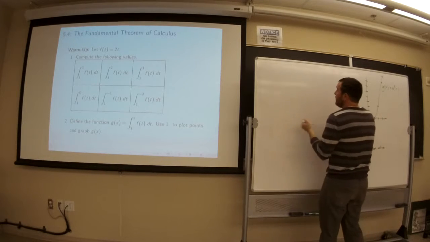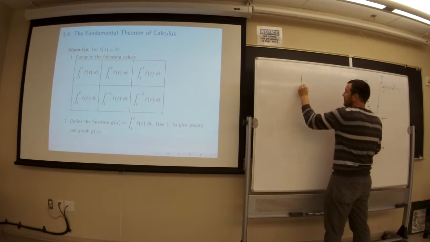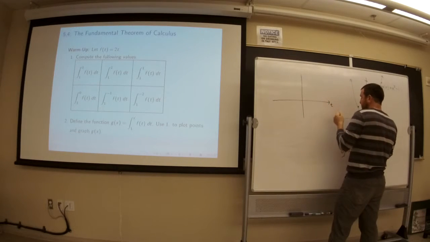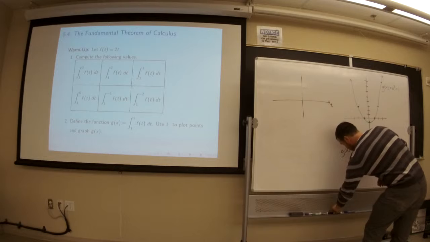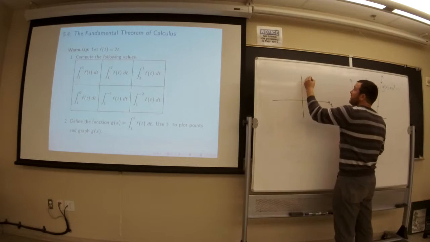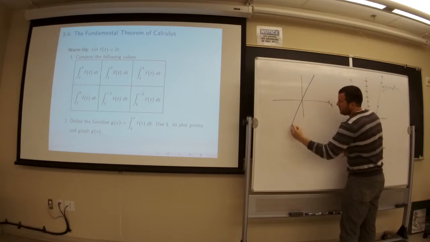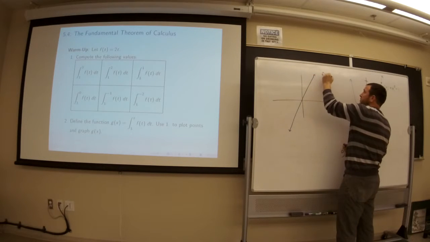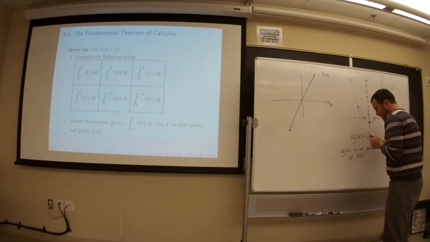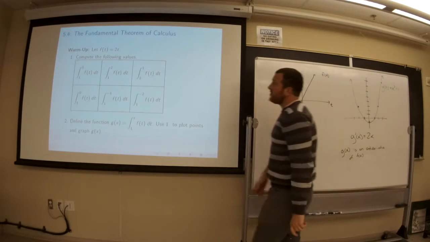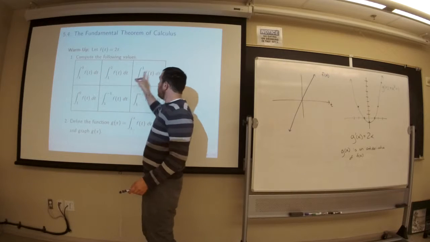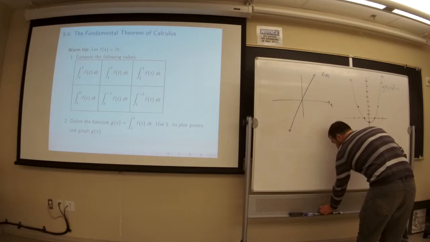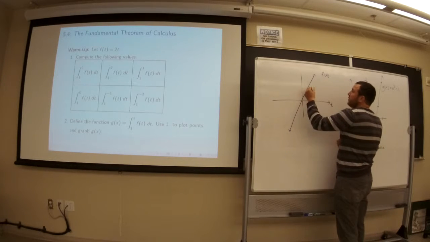So if we just draw f of t here real quick, we've got a t-axis now. And f of t is just a line of slope 2 going through the origin. So all of these integrals are starting at 1 and then going up to some other value, and that value that we're integrating up to is going to be called our x value. So if we draw a vertical line here at 1,